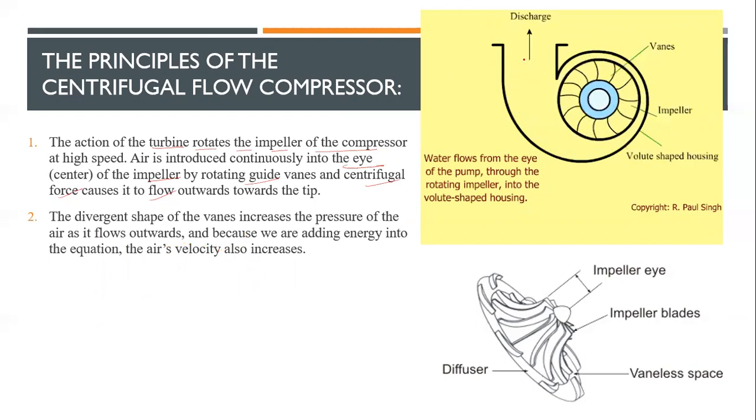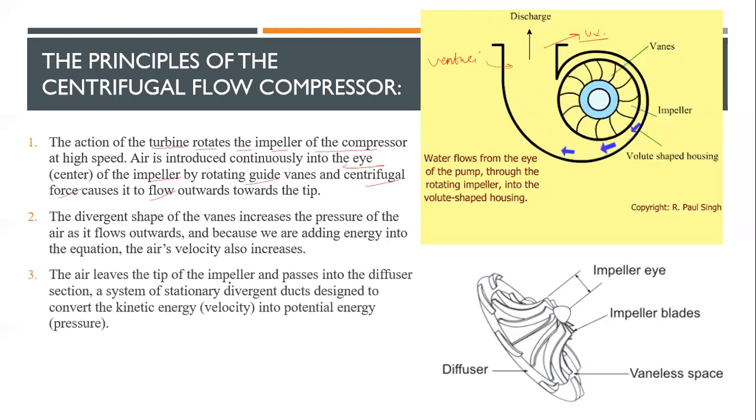You can see, what effect is this? This is the Venturi effect. You can see here, if I increase my area, my pressure will increase and the velocity will reduce. Whereas the impeller does the job of both. It increases the velocity as well as the pressure.